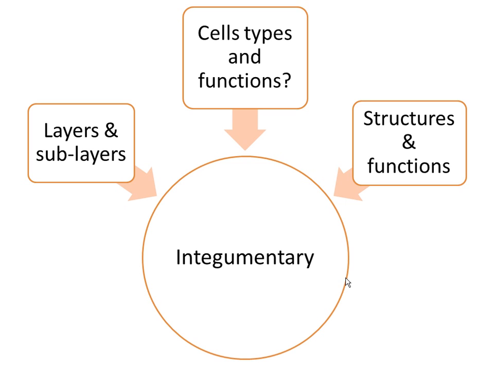The first organ system, we learned the fact that there are two layers, epidermis and dermis, and that each had sub-layers. We learned that there's different cell types, and those different cell types have different function. And we learned that the integumentary system in and of itself has appendages like hair follicles and sweat glands, and that each of those has a different function. In fact, the integumentary system